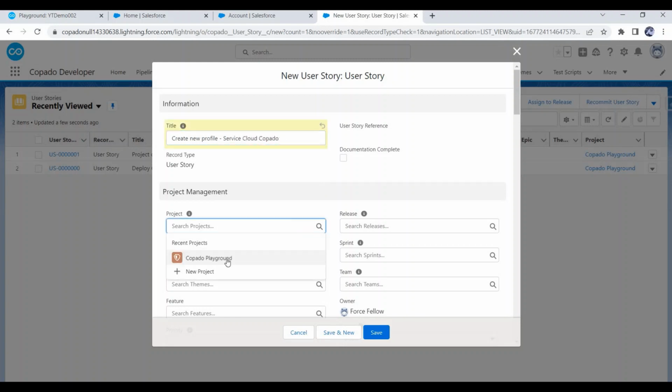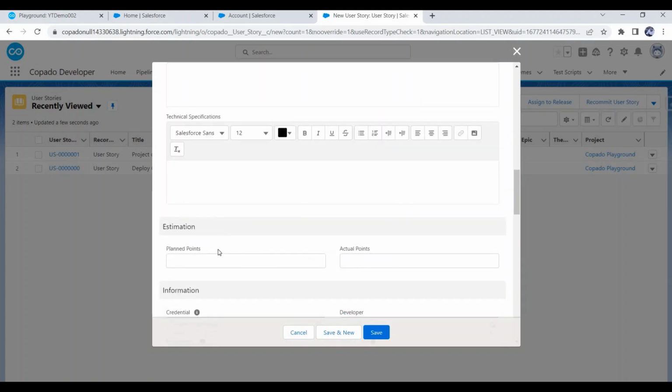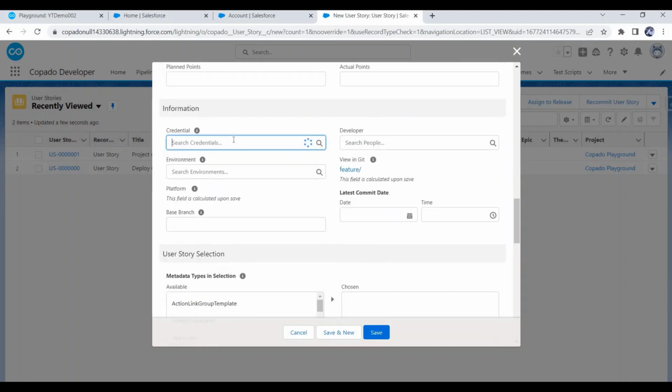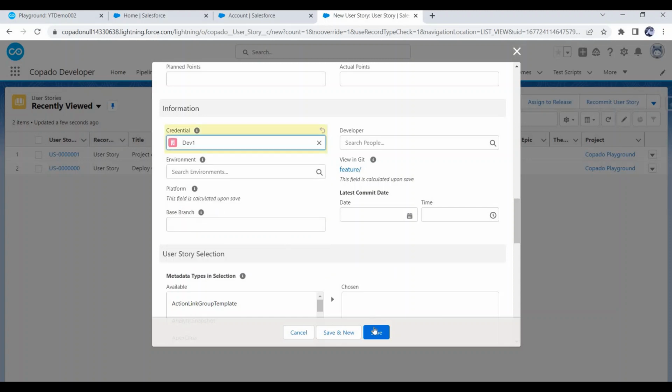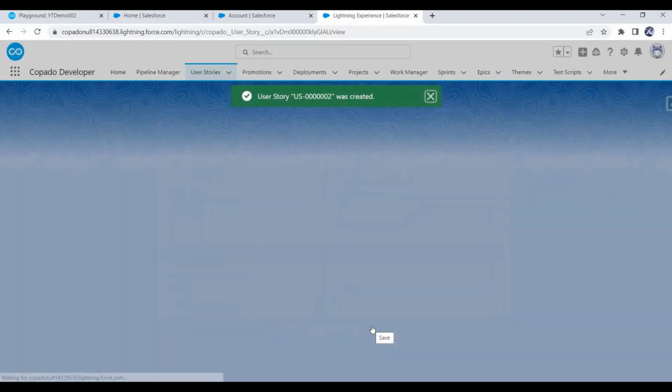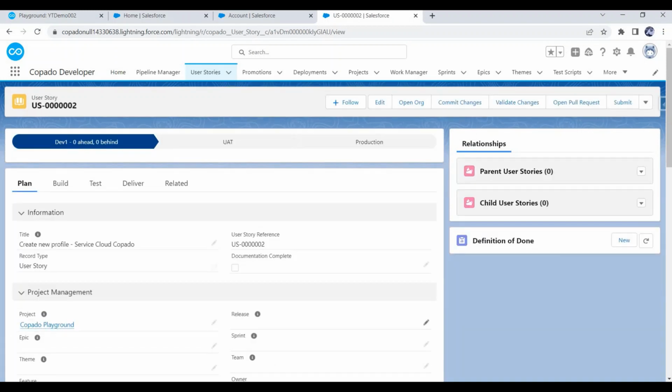And select project and credentials, day 1, and click on save. Alright, so user story is created. So now let's click on commit changes,